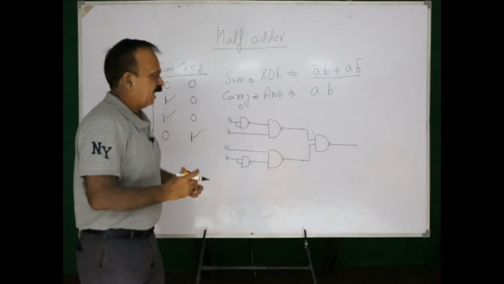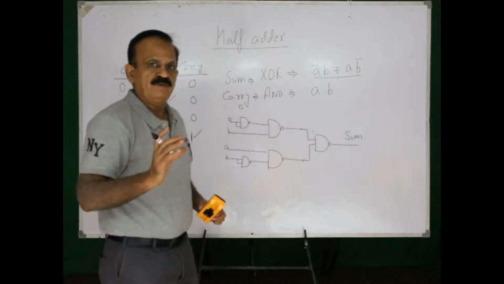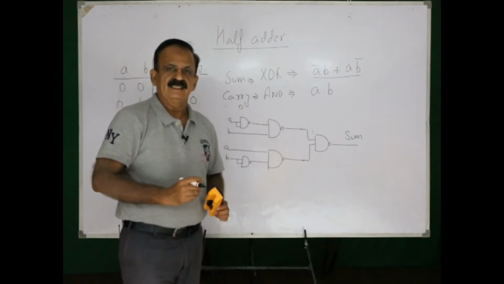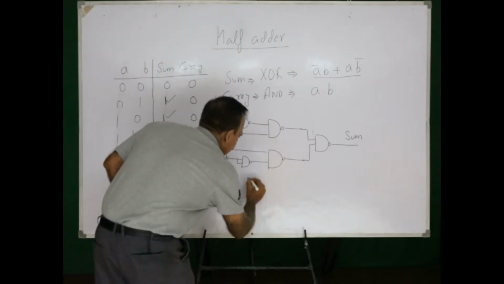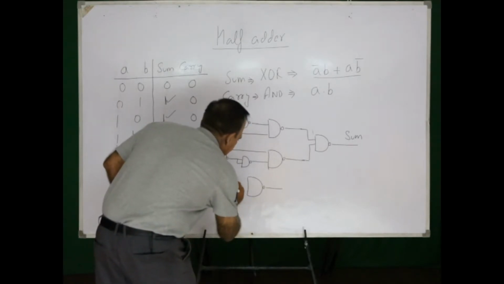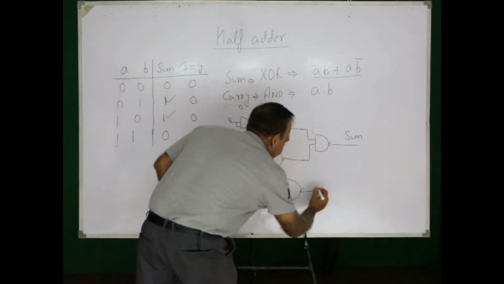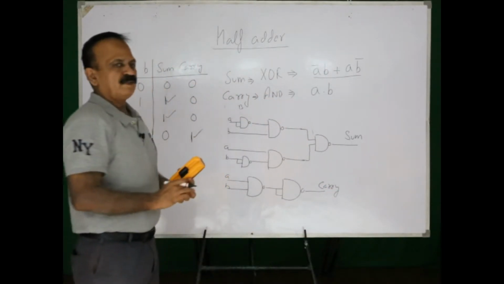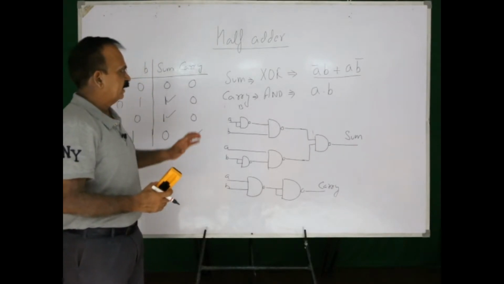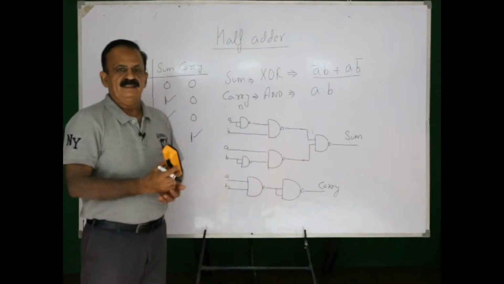Now this time I am designing this sum value only by using universal gate, and the universal gate is the NAND gate. What about carry? Now I can have a circuit for carry also, say one NAND gate with the input values A and B, and another NAND gate which will be inverting the values in the form of a NOT gate, and this will be nothing but the carry value. Now this is how we can design this half adder with the help of universal gates only.